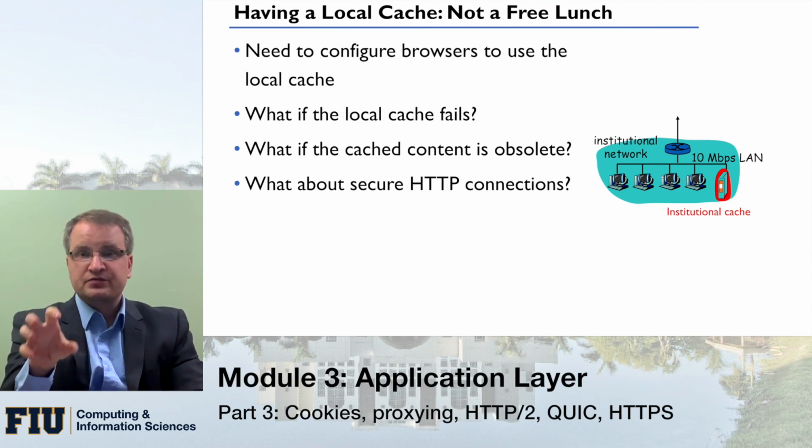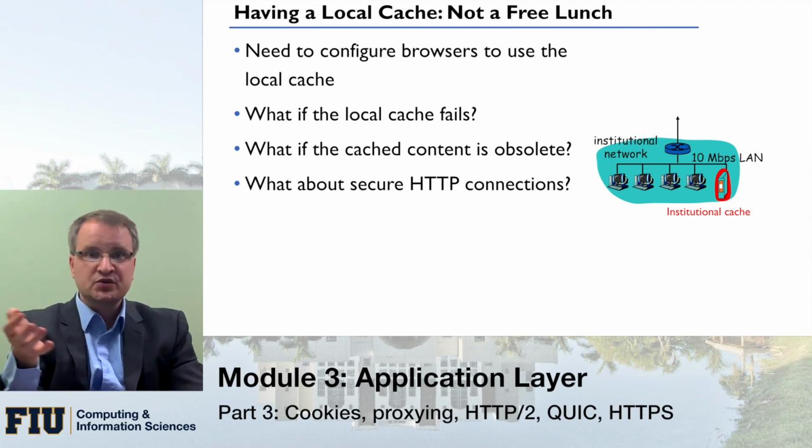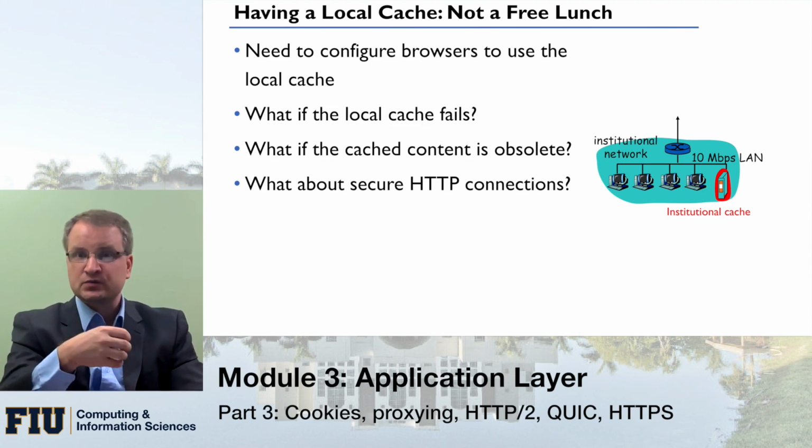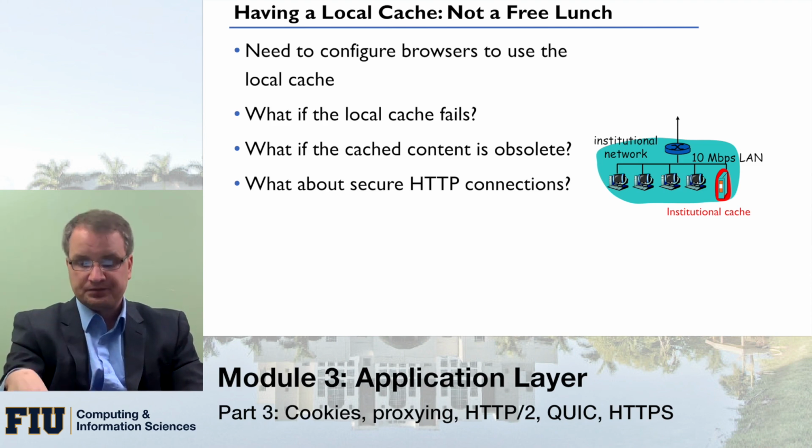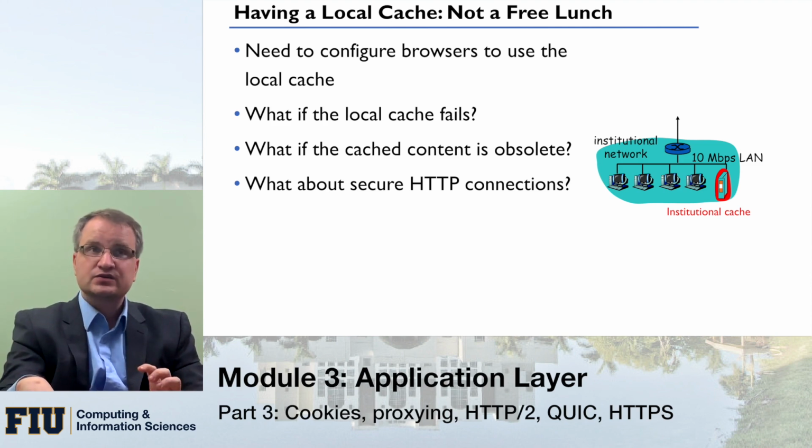If we have a proxy inside FIU or somewhere in your ISP, that proxy cannot prove that to you. It doesn't have authority over the bank's website. So therefore, there is basically an impossibility to run a proxy for HTTPS, secure HTTP. There are some workarounds with respect to,